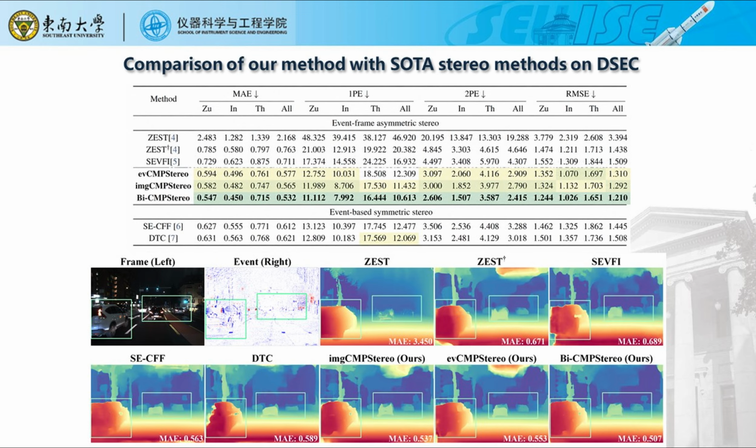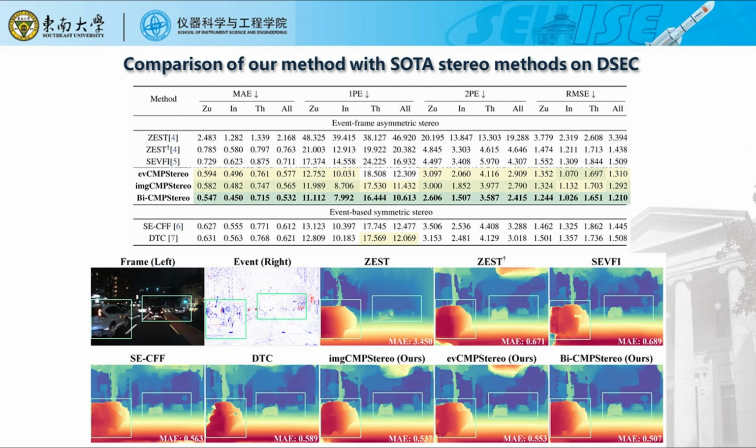both single-direction variants, F-CIMP stereo and M-CIMP stereo, already achieve competitive results compared with previous methods. This demonstrates that our cross-modal prompting strategy is effective for reducing the event-frame domain gap. More importantly, the proposed BI-CIMP stereo consistently achieves the best overall performance across most metrics. This confirms that using bidirectional canonical spaces can better exploit the complementary information from both the event and image domains.